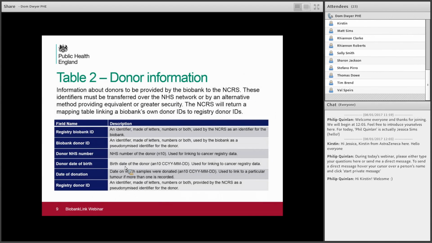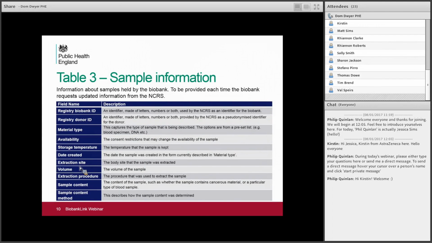So once the biobank has been registered, we send over the donor information. As mentioned before, this could be NHS number and date of birth, but we could also use other identifiers to find the correct patient. And then the sample information. So once the patient has been identified in the registry,